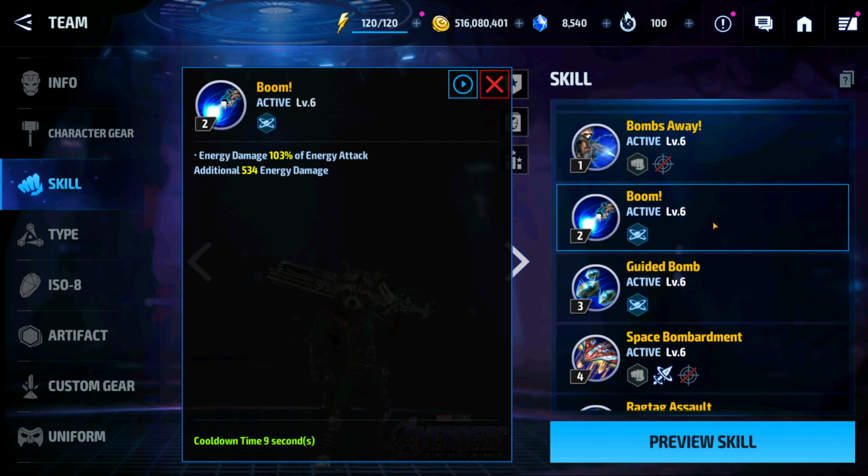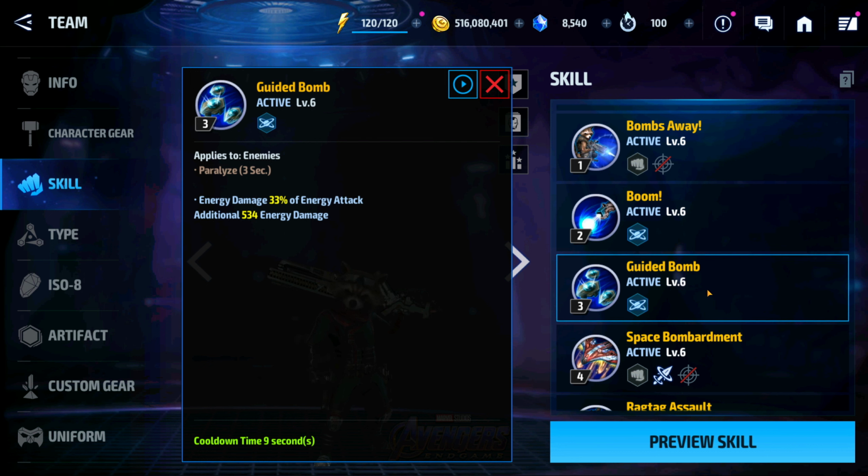So his 2 skill Boom is now called Unstoppable Rampage. Nothing really there except the stun. So you can look at it like, depending on iframes and stuff like this, it would probably be a setup to go 2 into 1, and we'll have to see the rest of his skills, like I said, how they play out. 3rd skill, Guided Bomb, is now Guardian Cameo,